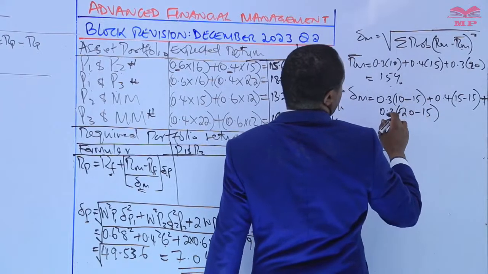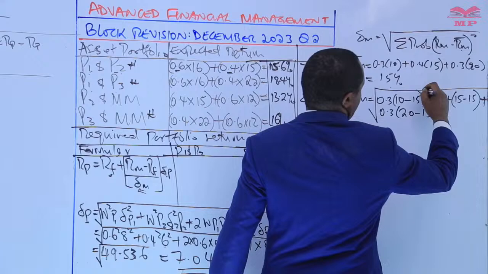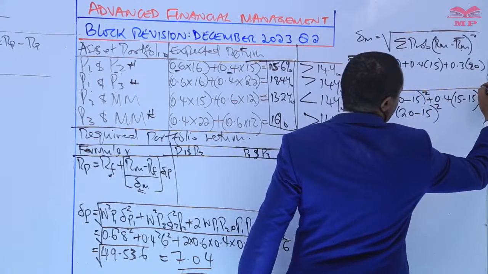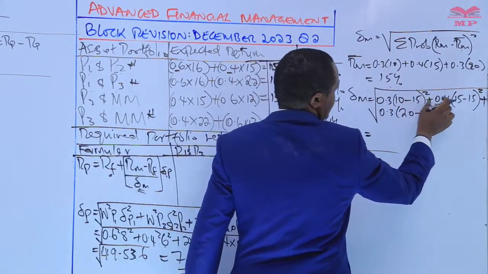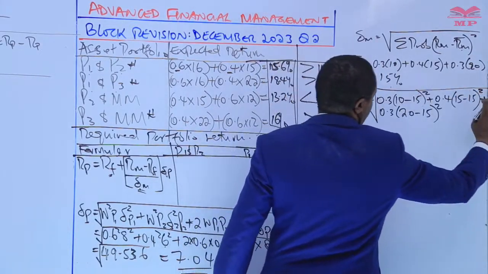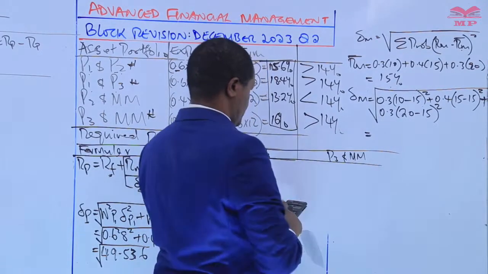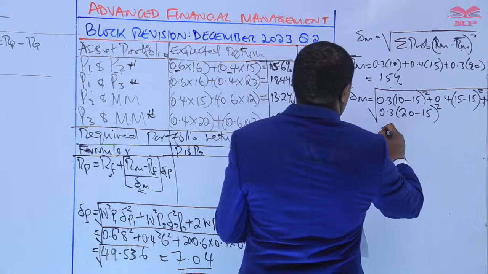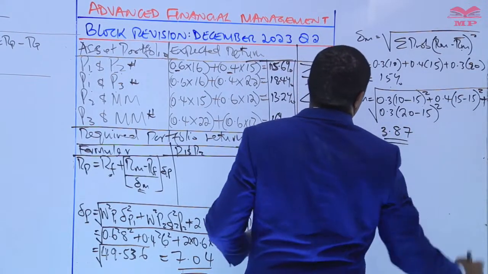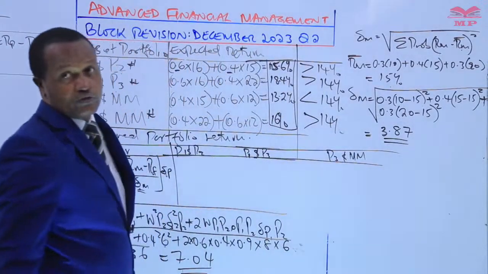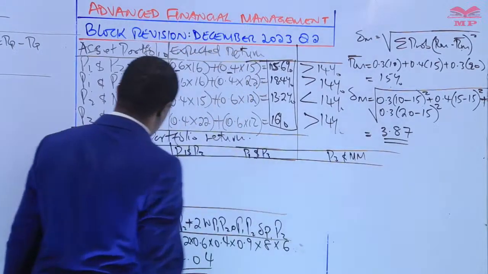We add the 3, then we square. So we have to square the variances, square the deviations. These are deviations. We square the deviations. Then we get the square root. So the first one here is 3.87. That is the standard deviation for the market, 3.87. So with that, candidates, we can now calculate the